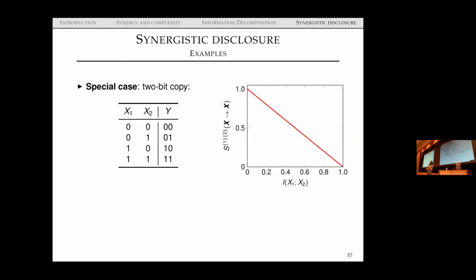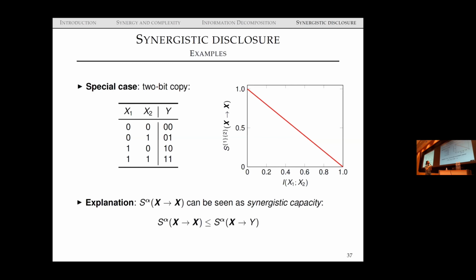But there's a lot of arguments back and forth, but one of the nice things that come with this operational meaning is that now we can actually reason about this. You can say, well, if you have 2 bits, you can disclose their XOR without compromising either of them. And actually you can interpret this as a sort of synergistic capacity. The synergy that some bits have about themselves is